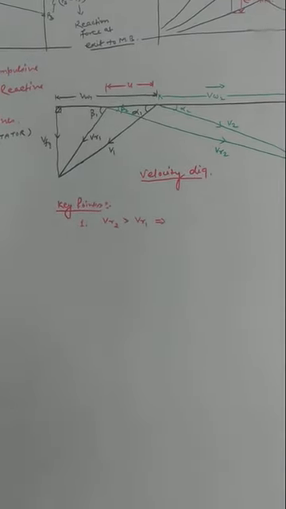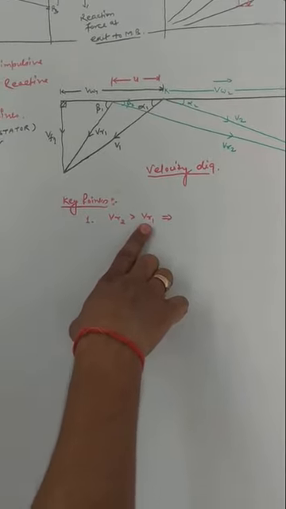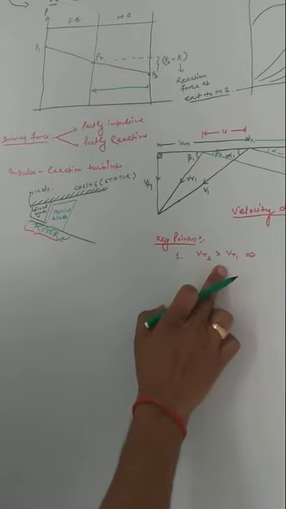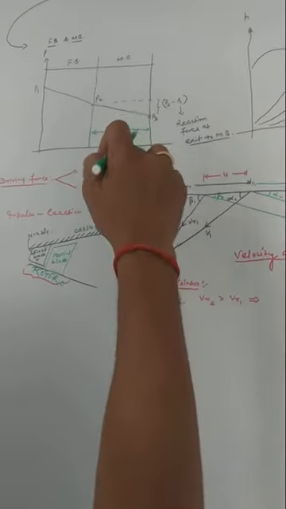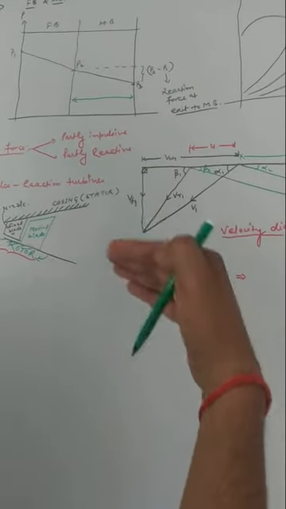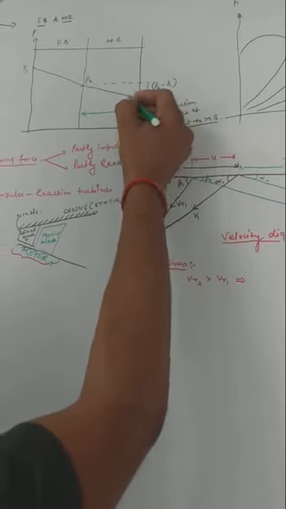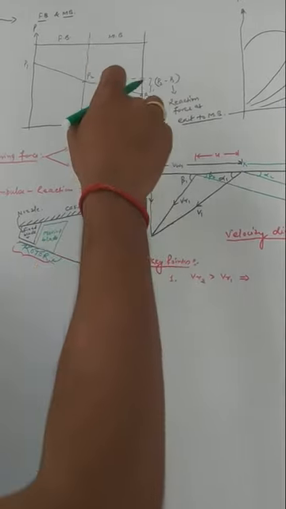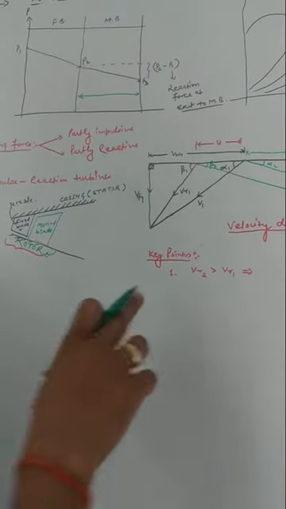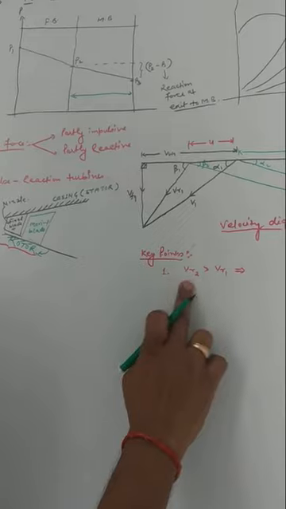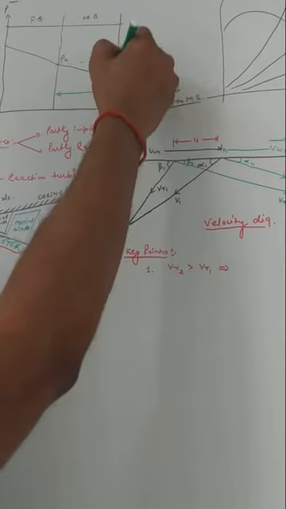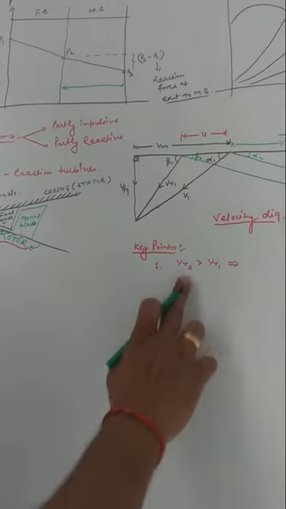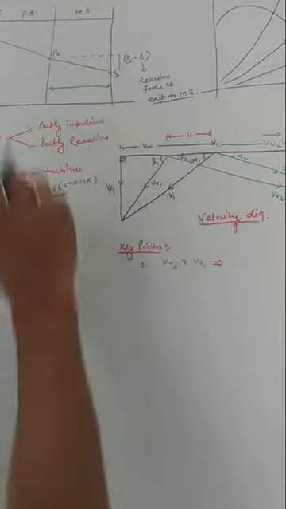Relative velocity at the exit of the moving blade is greater than the relative velocity at the inlet, because when the pressure drop takes place, at the expense of the pressure drop, the velocity increases. The velocity is the relative velocity, because this is a moving blade, and the steam enters the moving blade with relative velocity VR1 and exits with VR2. As the pressure drops, the velocity increases. That's why VR2 is greater than VR1 in the case of a reaction turbine.